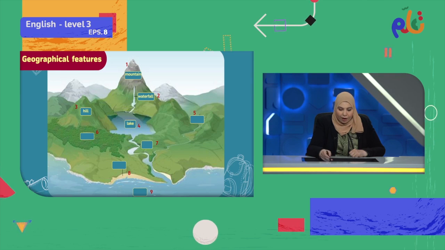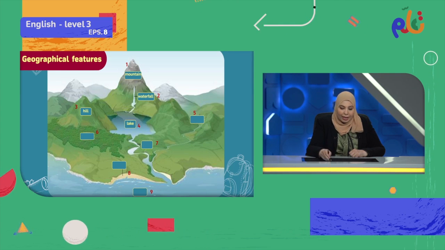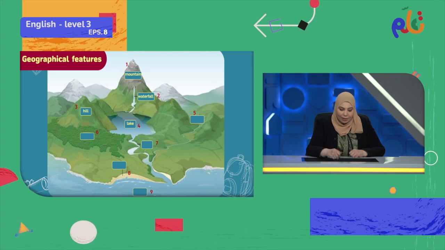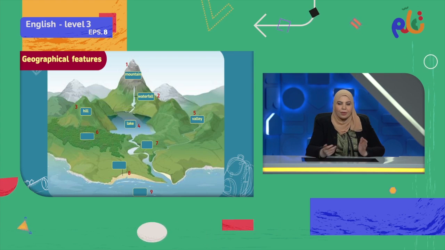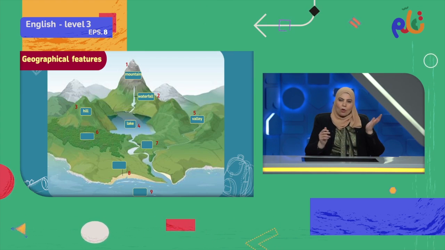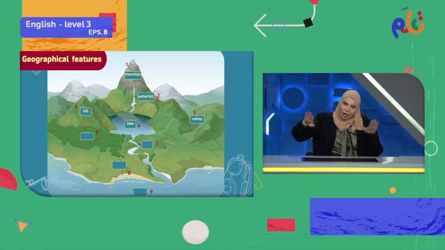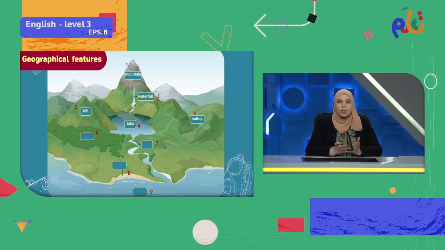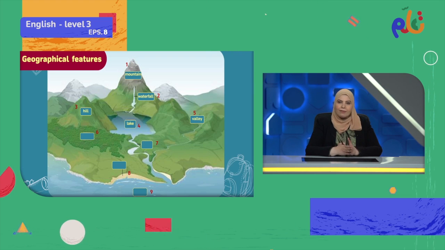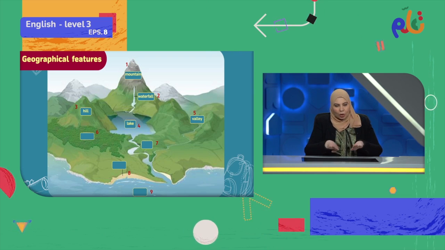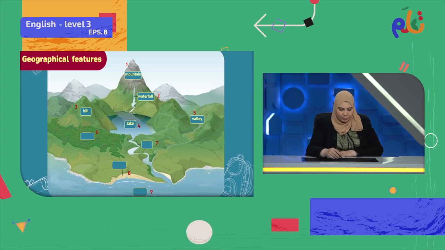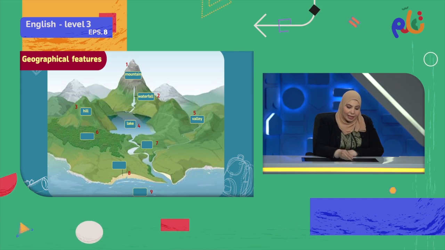Okay, number 5. Here we have this soft area between the two high places, which is a valley. Valley. When we talked before, we said the valley is an area between high places and it's usually a green area which is good to plant or good to cultivate. Valley, the sloping area between two mountains, suitable for farming. Valley.